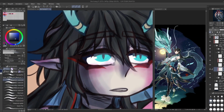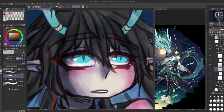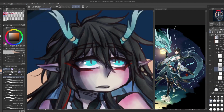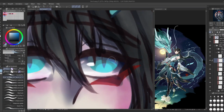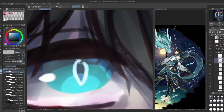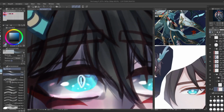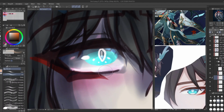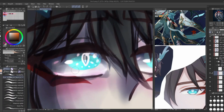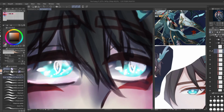Now the eyes were very fun to render because they're dragon eyes and we love to render that. Shading in the sclera first, and then I go in for the pupils, no, the iris, that's what they're called. These were really fun to render because I did it in a slightly different way. Towards the very end of me rendering out the iris, you'll see that I added in these harsher rays of light. I did this to make his eyes appear a bit more shiny,